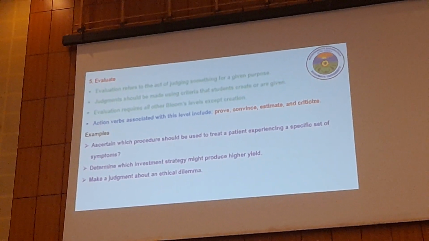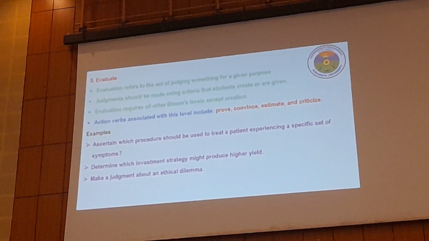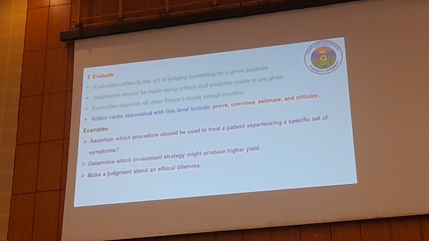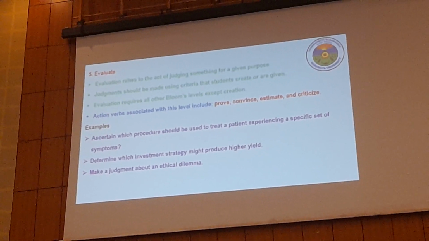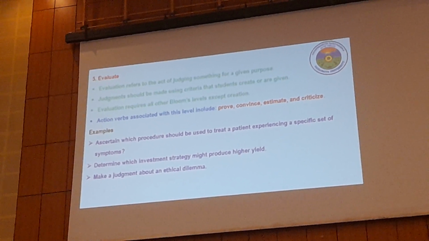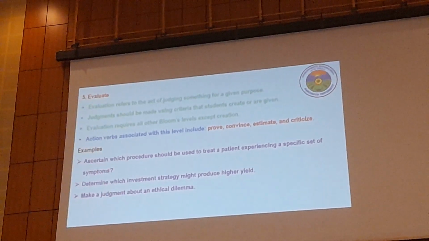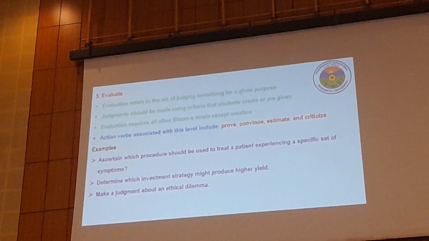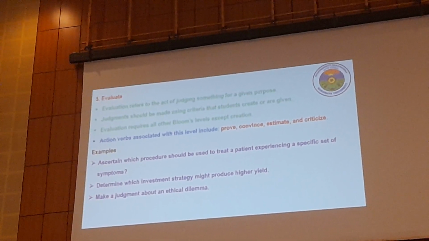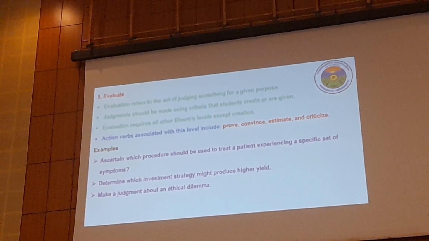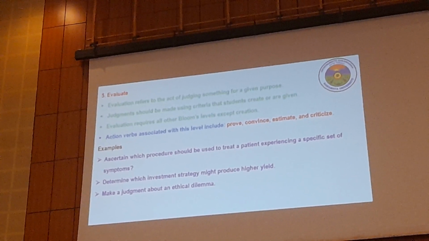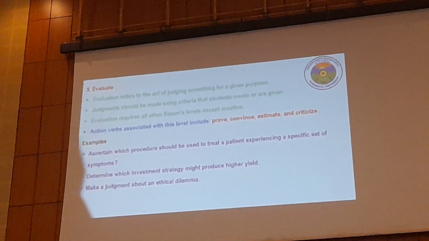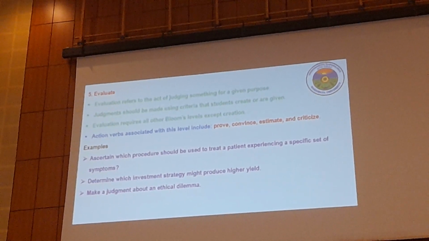For example, ascertain which procedure should be used to treat a patient experiencing a specific set of symptoms, determine which investment strategy might produce high profit or high yield, or make a judgment about an ethical dilemma in the teaching-learning process. Such a thing is very important for higher order learning,